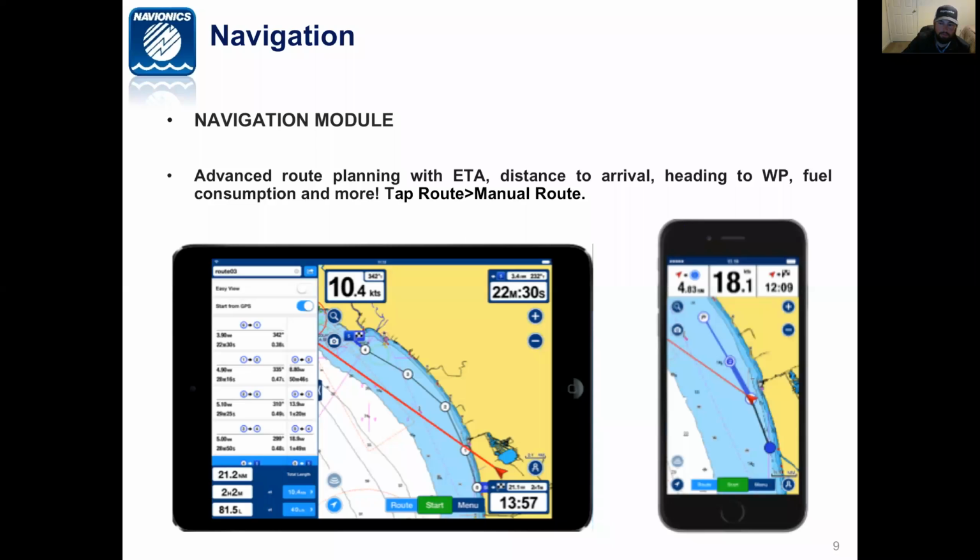It's a great tool to plan out some routes that you're going to possibly be running, whether it's for pleasure. Let's say, hey, I'm leaving Miami and I'm going to head up to Jacksonville, Florida, or something. That's key for planning that. Or whether you're fishing a bass tournament or inshore red fishing tournament or an offshore tournament. I love planning these out because it's going to give me key features and information that are very